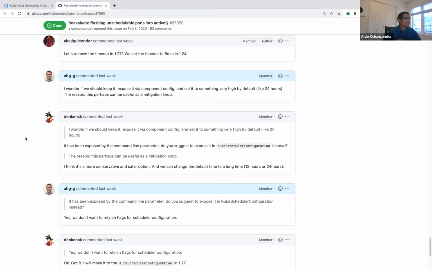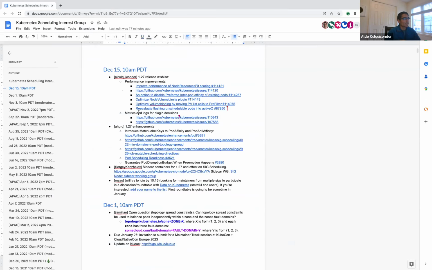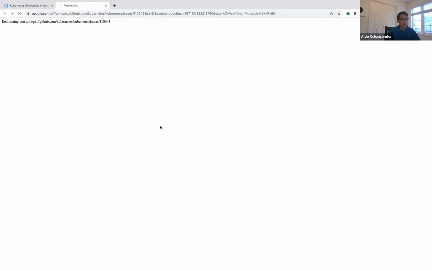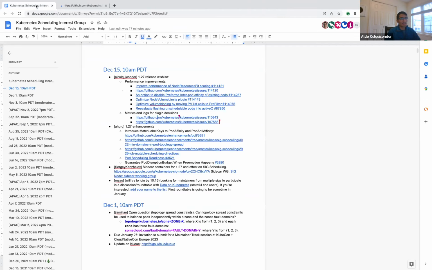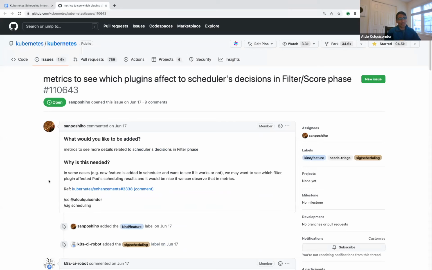And another area where we want to make progress on is on improving logs and metrics. So currently, when a filter runs, we don't know if a filter actually made sense for a particular pod.